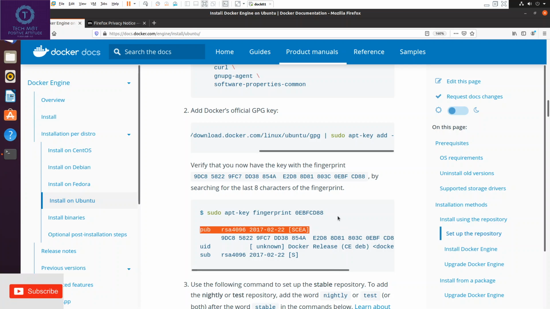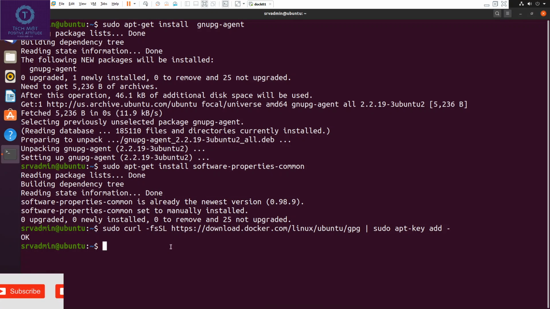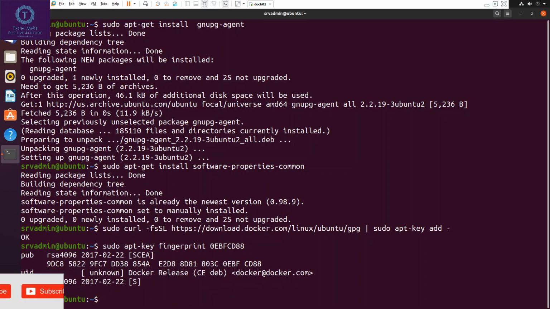Next, to run the fingerprint command. The key that we have downloaded, now it's time to install. We have run the key.